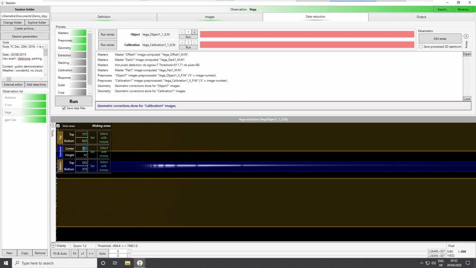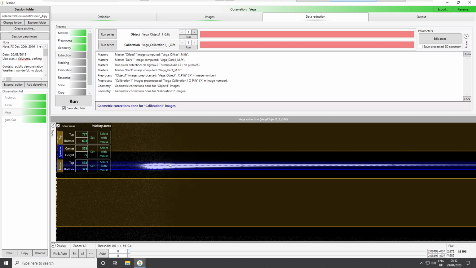I can extend it a little bit to make sure that it is well centered on the spectrum. Okay, and also I can change the height of the blue area by hand. For instance, I could put 25. Okay, what is important here is that you really have a good value. You can catch all the pixels in which you have some signal, not more.